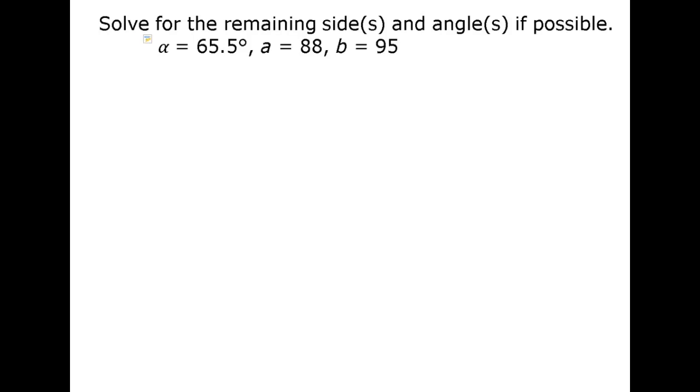So here we have the ambiguous case. In other words, we have two sides and the following angle. That's ambiguous because those two sides and the following angle can often lead to two different triangles. So let's see, alpha would be